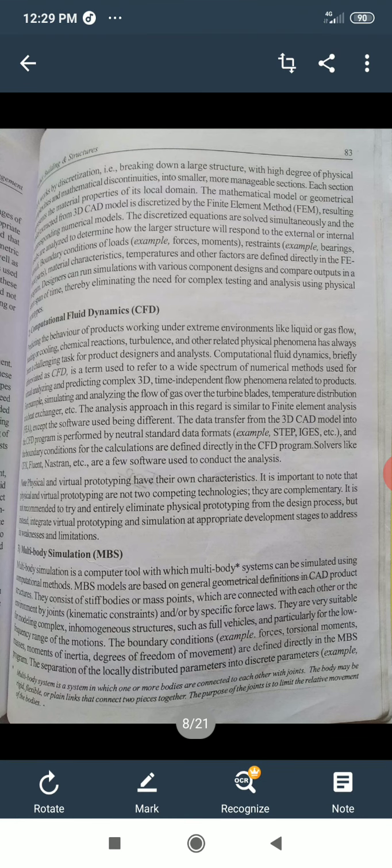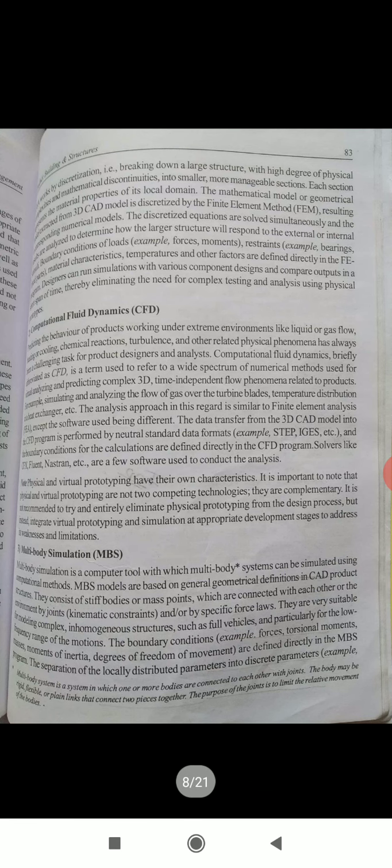MBS, that is multi-body simulation, models are based on general geometrical definitions in CAD product structures. They consist of stiff bodies or mass points which are connected with each other or the environment by joints, kinematic constraints, and/or by specific force laws.